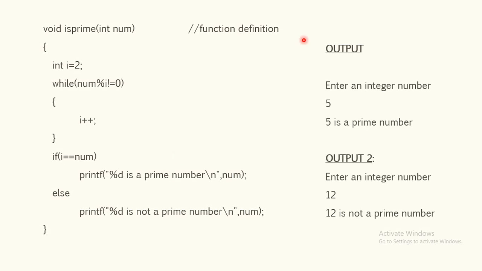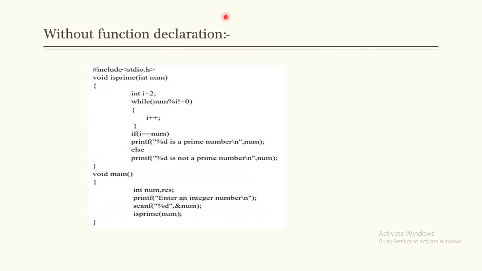And how would the output be? Here the program asks the user to enter an integer number. The user has entered 5. We will get "5 is a prime number." Suppose the user has entered the number 12. What is the output? "12 is not a prime number." As we look into the entire code,